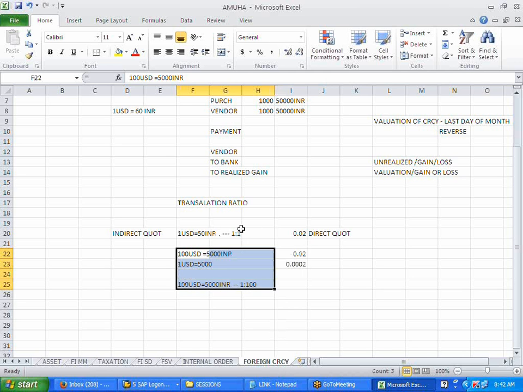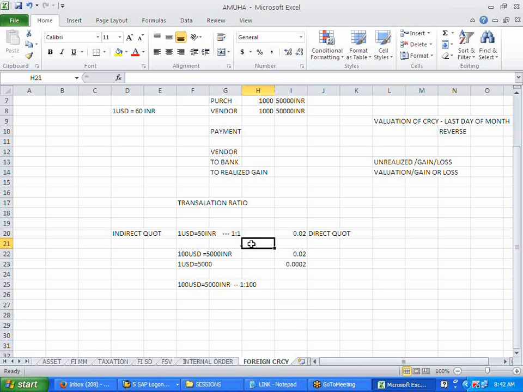You take 1 USD, you will get 100,000 Zimbabwean dollars there. So what you are saying is that even if it's 1 USD to 50 INR, it's still 1:1, right? Yeah, conversion. How should it convert? Your conversion factor should be a 1:1 ratio, and it's always like that, 1:1.